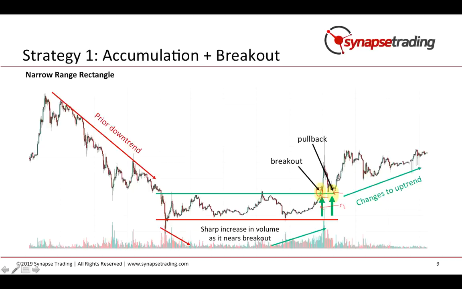Okay, as for where to take profit, generally for rectangles, the way to measure or project the price is to take the range of the rectangle and then project it, right? But for narrow ranges you don't usually use this technique, because the range is so narrow, so it doesn't really give you much meat on the trend. So a much better way is to use other methods for getting your price target, for example using your support or resistance, or using a trailing stop loss.